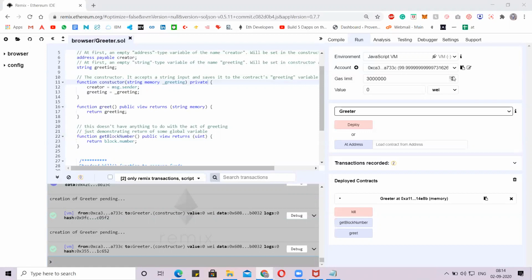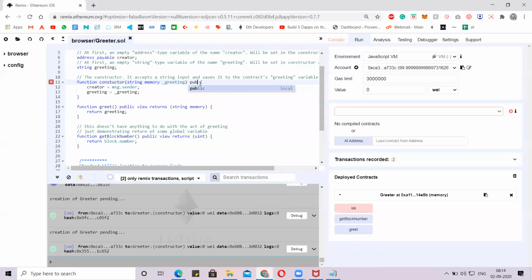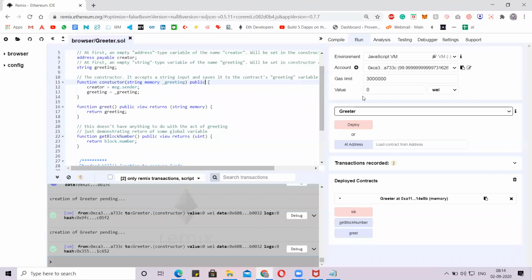Using a keyword like private is nothing but making it an internal process. We are not showing it to the public, it's an internal process. We are calling that internally. The functions which are public are visible to other people; those are emitted by the contract for outsiders. Private is an internal function for the contract.